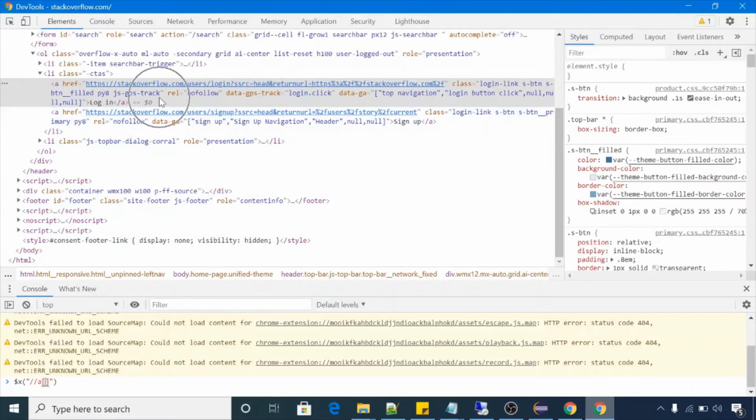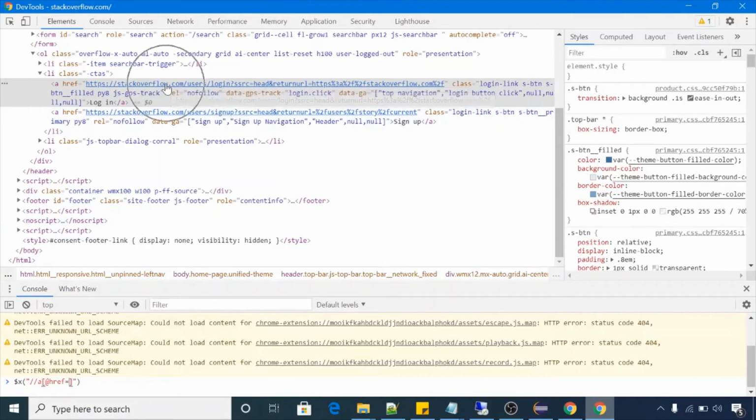In this element we are having one attribute, href. This is the link. You can use some other attribute like class also. Let me try with href. I will pass @href equal to.